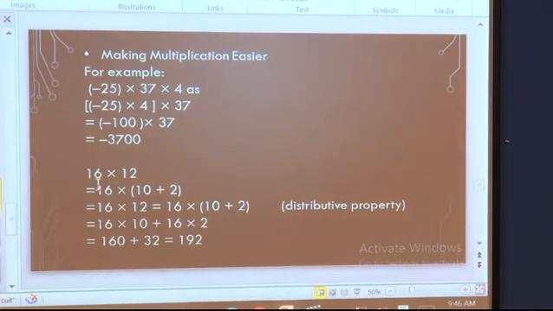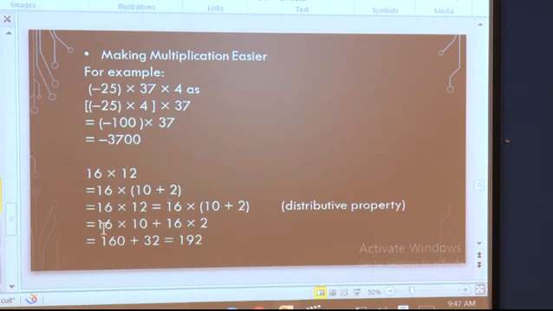Now, we will go for one more example which will again show you how to do the multiplication very easily. Here we are having 16 multiplied by 12. How do we write 12 in the expanded form? Yes, it is 10 plus 2. So, again we will use the distributive property and do the multiplication here. So 16 will be multiplied once to the 10 and 16 will be multiplied once to the 2. So 16 multiplied by 10 plus, here we are multiplying 16 to the 2, so 16 multiplied by 2.